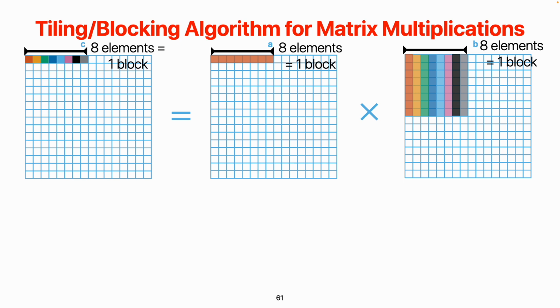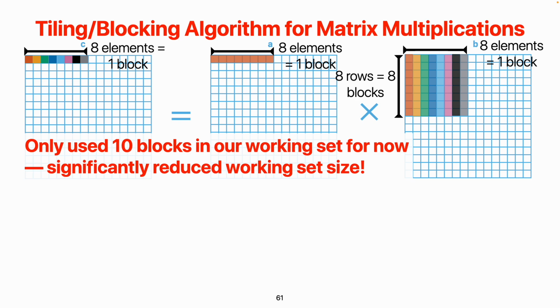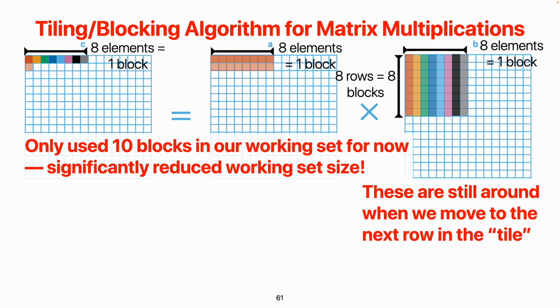So that's the reason why we want to do matrix tiling, right? So for this example, if I do matrix tiling, I only need 10 blocks in this working set, which is